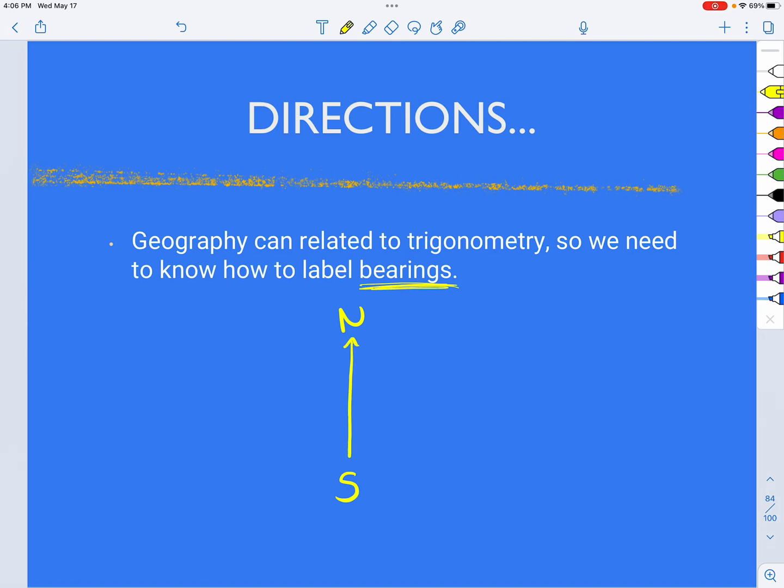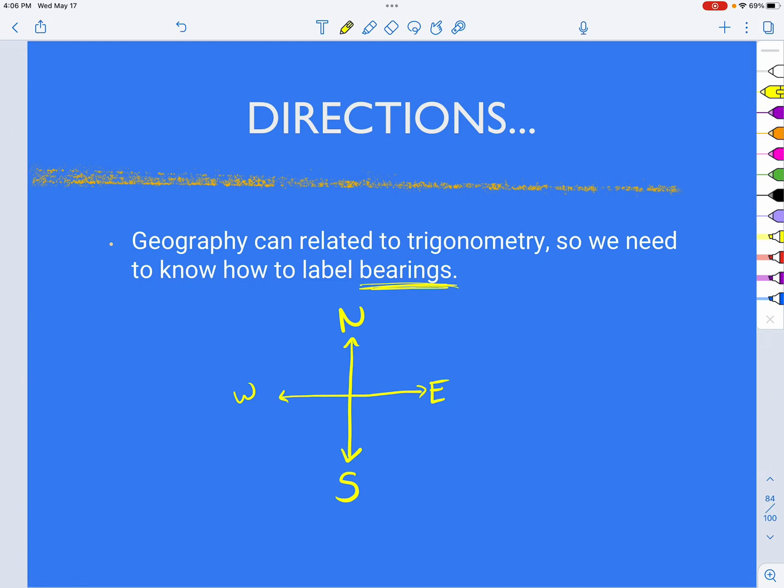Due north we think of as straight up, due south straight down, and then east is to the right on a diagram, west is to the left. However you remember those, whether it's the cardinal points or the ordinal points,